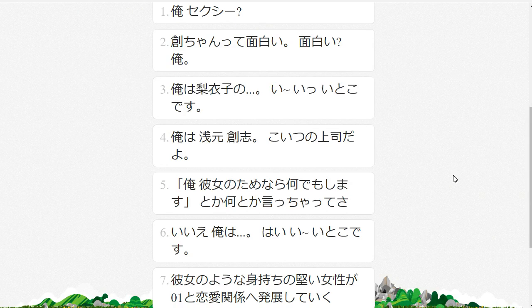俺彼女のためなら何でもしますとかなんとか言っちゃってさ。彼女のためなら何でもしますとかなんとか言っちゃってさ。なんとか言っちゃってさ。俺彼女のためなら何でもしますとかなんとか言っちゃってさ。